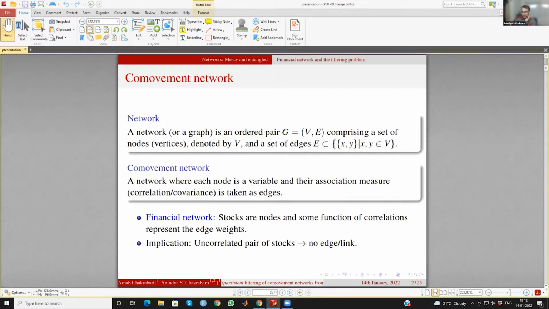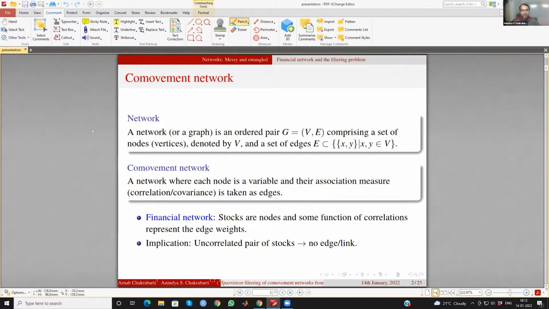What is the problem that we are interested in, and what is it that we would like to analyze here? Let me just give you a few very basic definitions to set up the stage. For this audience, it's not very important to describe networks in great detail. Everyone knows about it. But in particular, what we will be dealing with in this presentation is something called co-movement